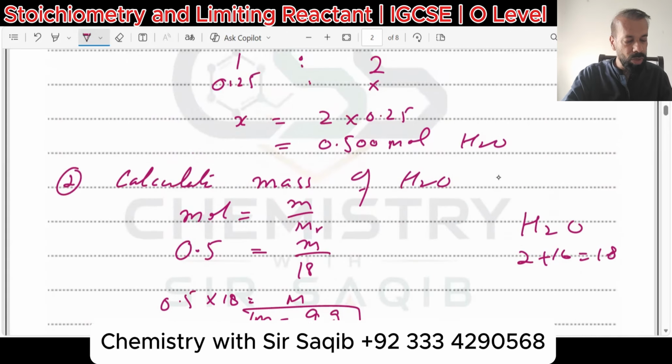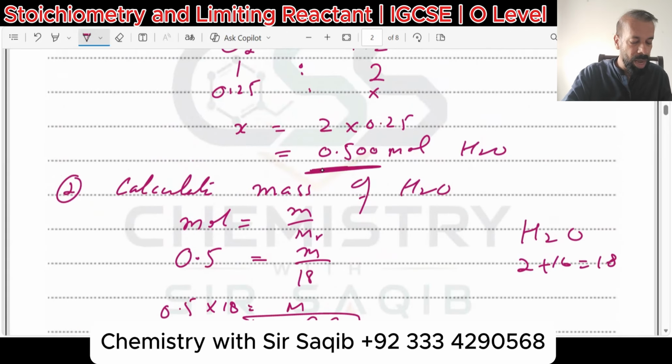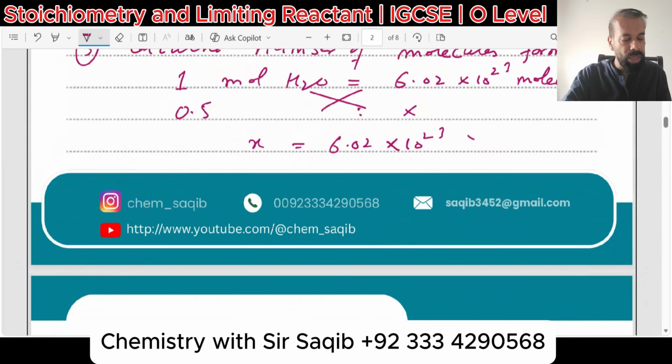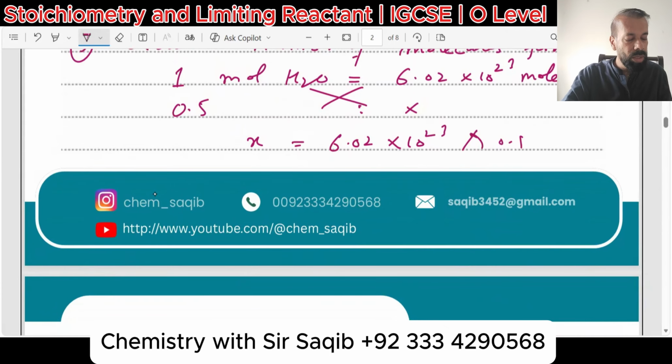And how many molecules are we getting? 0.5 mole. So multiply them. So x is equal to 6.02 into 10 power 23 into 0.5. So it will be 3.01 into 10 power 23